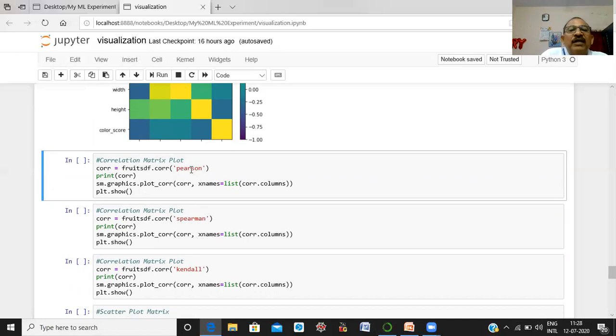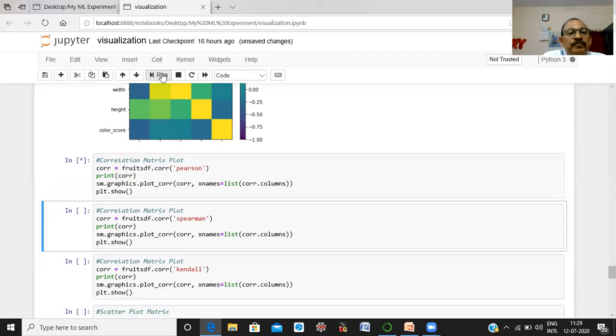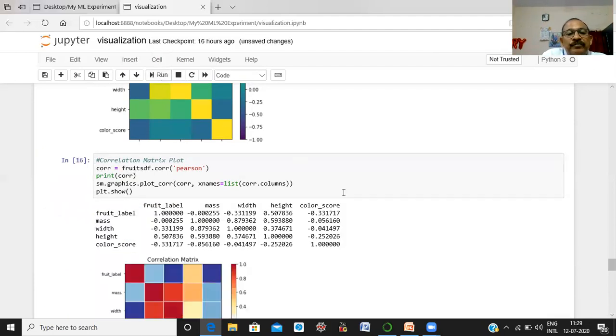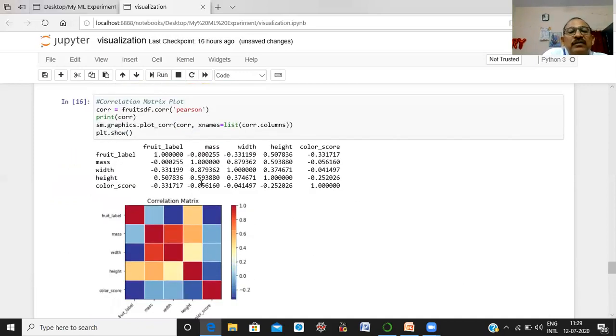By default it gives the Pearson correlations. And these are the functions to draw the plot. Execute this. When you observe, the values of this table will be different for the Pearson and for the Spearman and for the Kendall.